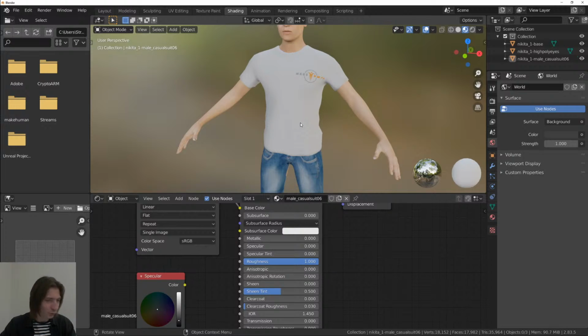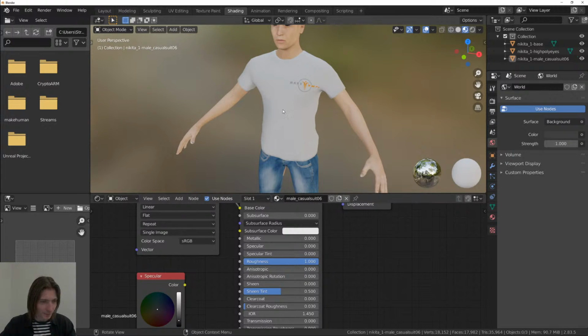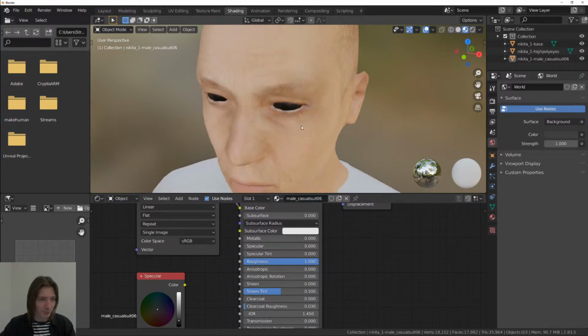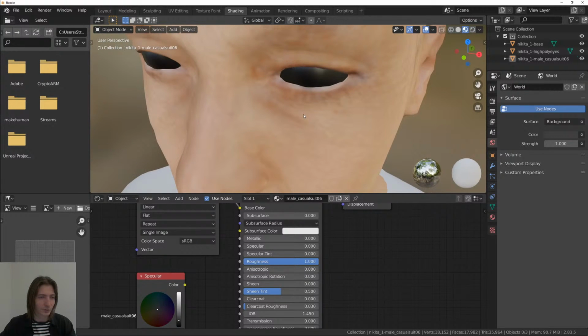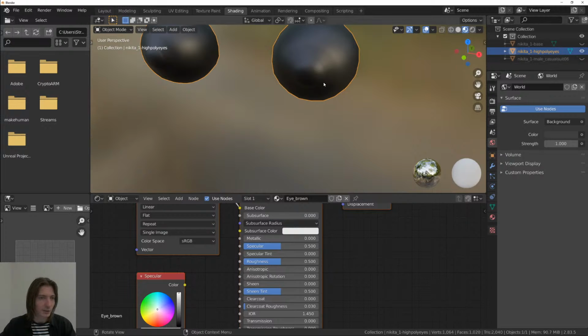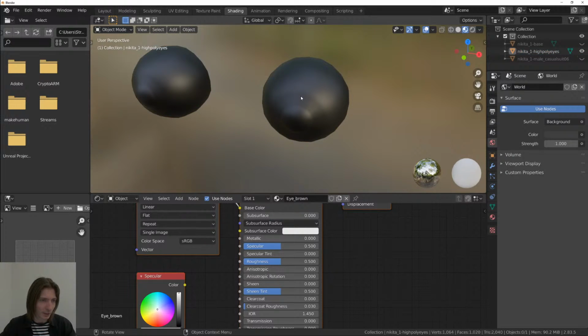At least if you are not wearing some shiny things. Okay, so I think, oh yeah, we also need to fix his eyes, because if you look here, his eyes are black for some reason, and the reason is there's broken material as well. So what we do is let's switch off anything else, and as we can see, the eyes here,